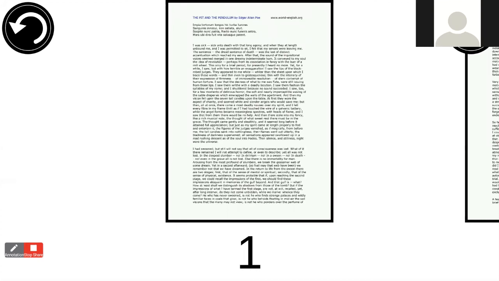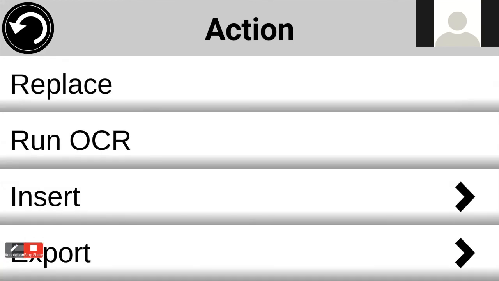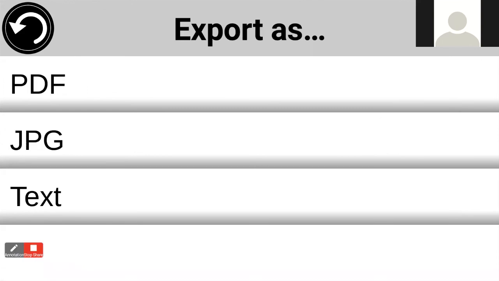Let's say I want to export my first page of this Po book. Press and hold on my page. An action menu will appear. You can scroll to the bottom, and there is an export option. Tap on export. And again, since I did not disconnect my USB, I should be able to find my USB